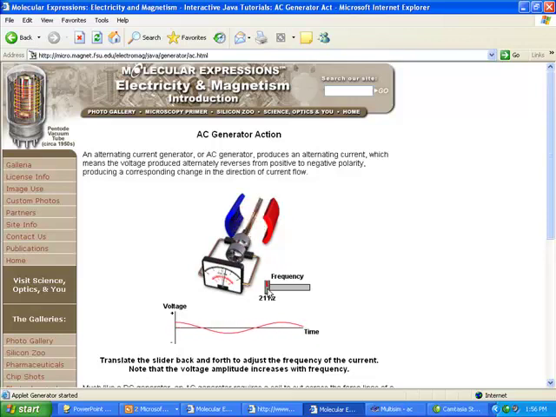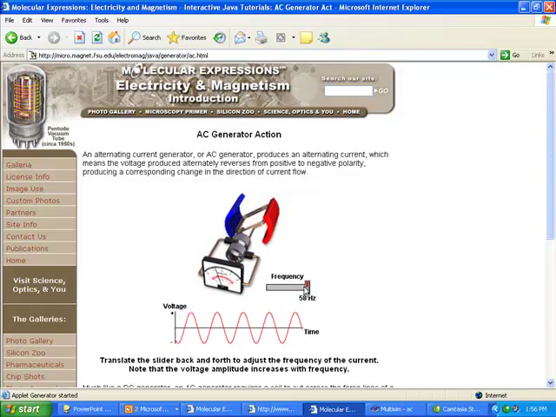If we were to increase the frequency here, increase the speed of the coil, you'll notice that the faster this coil turns, the larger the sine wave is. And it isn't just that the frequency increases, actually the amplitude, the actual voltage, is increasing. And so if I crank this way up, you can see that it's almost pegging the